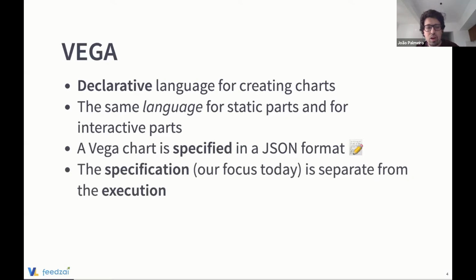So you somehow separate the specification, what your chart should look like, from how I will need to code or approach to concretize this specific chart. That's the concern that Vega tries to keep you out of. It has a nice backend, a functional reactive backend, a couple of nice things that they do to have a performant technology. But today we'll try to focus on this part of the specification.